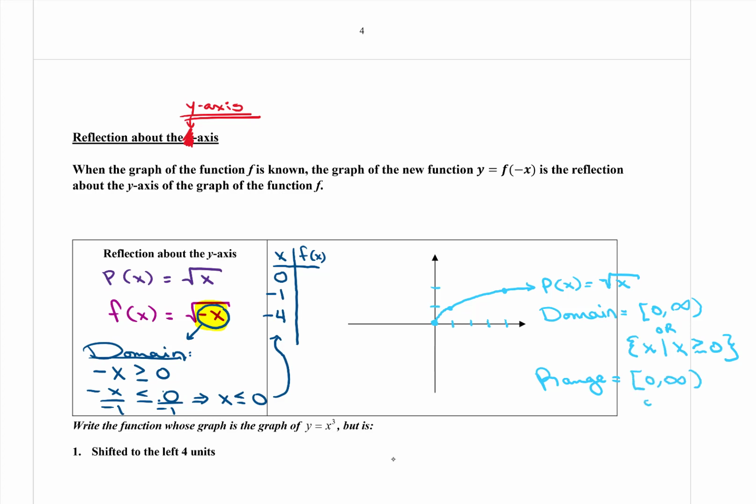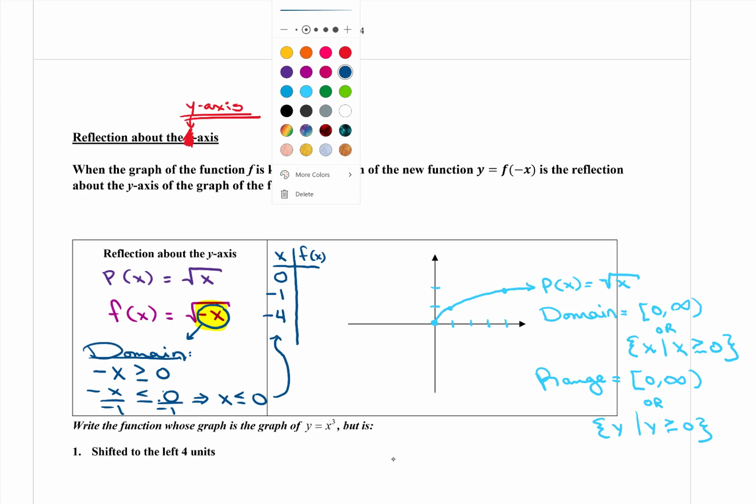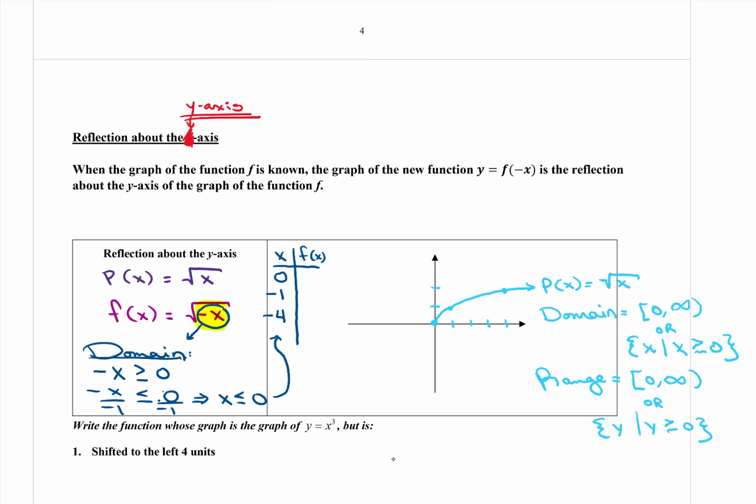So notice that that domain was different from my other domain. And the range is going to be almost the same thing right here, right? Except when I write in set builder, I'll say the set of all y such that y is greater than or equal to 0. All right, now let's go ahead and graph our f of x, or our function that's being transformed. So if I plug in 0, I get 0. If I plug in -1, I get 1. And if I plug in -4, I'm going to get,